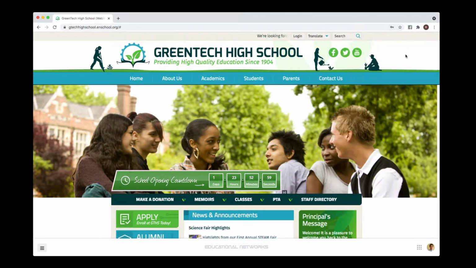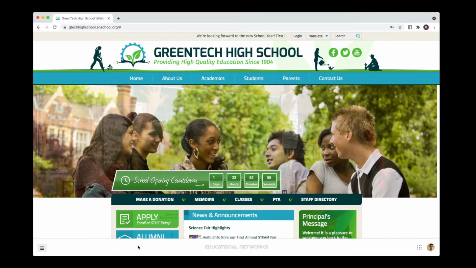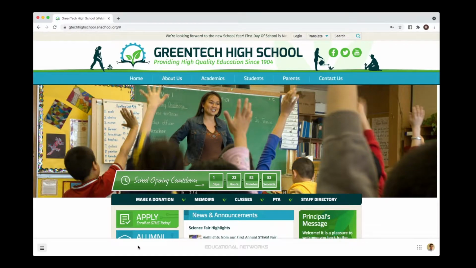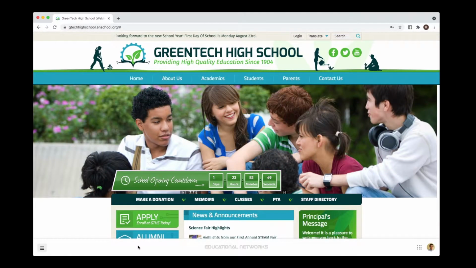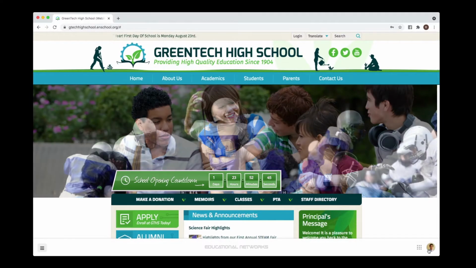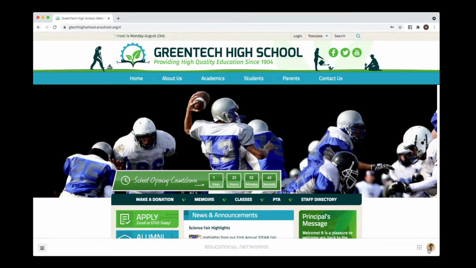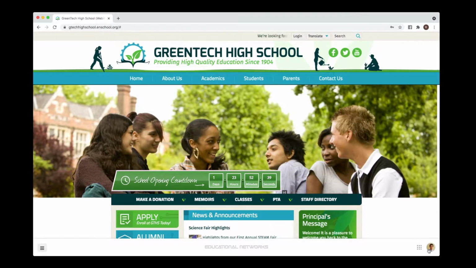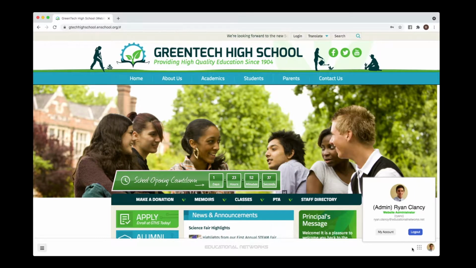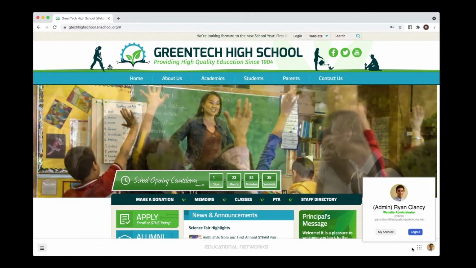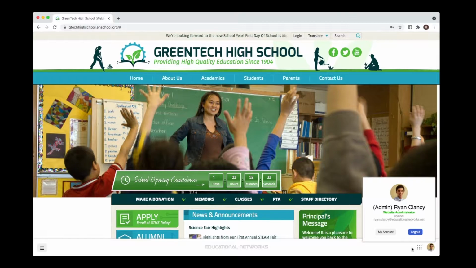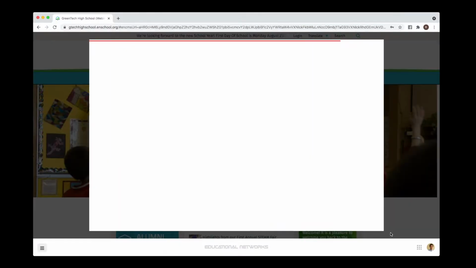And as soon as I log in, what I'll notice we have here is this toolbar. Now it's through this toolbar that I have everything I need to edit the website. Let's take a look at it. Starting over on the right-hand side of the screen, you'll notice that you'll have either your profile photo or a profile icon. When you click on this, this is going to give you access to everything you'll need to edit information for your account. I go in and I click my account,